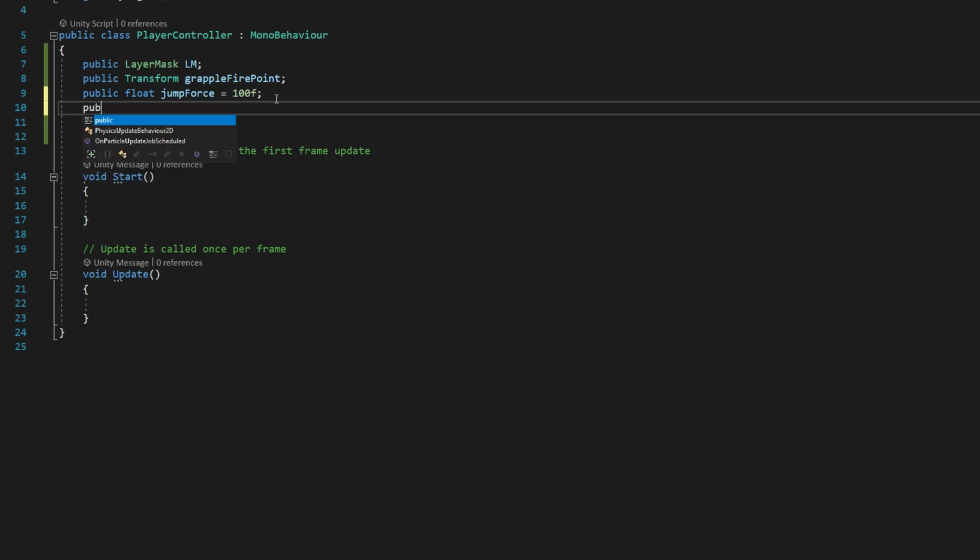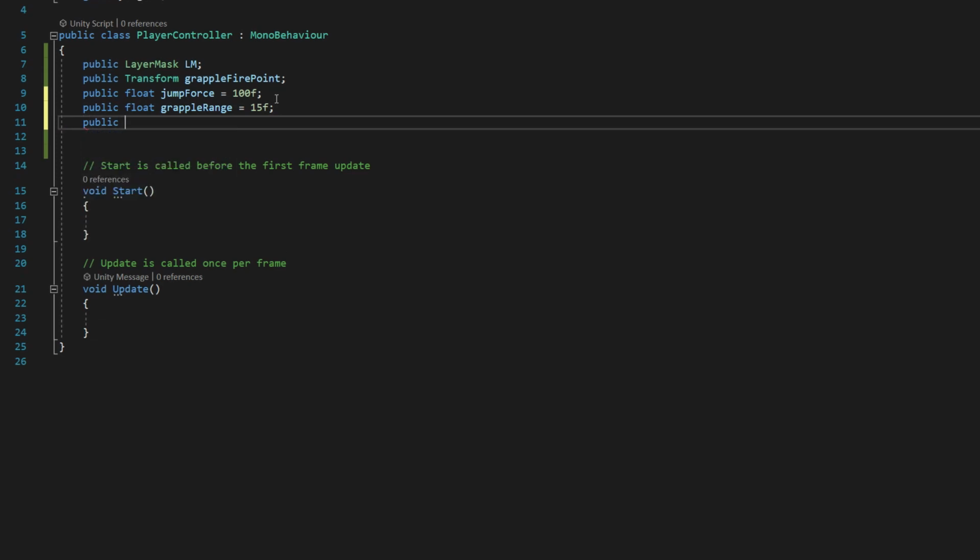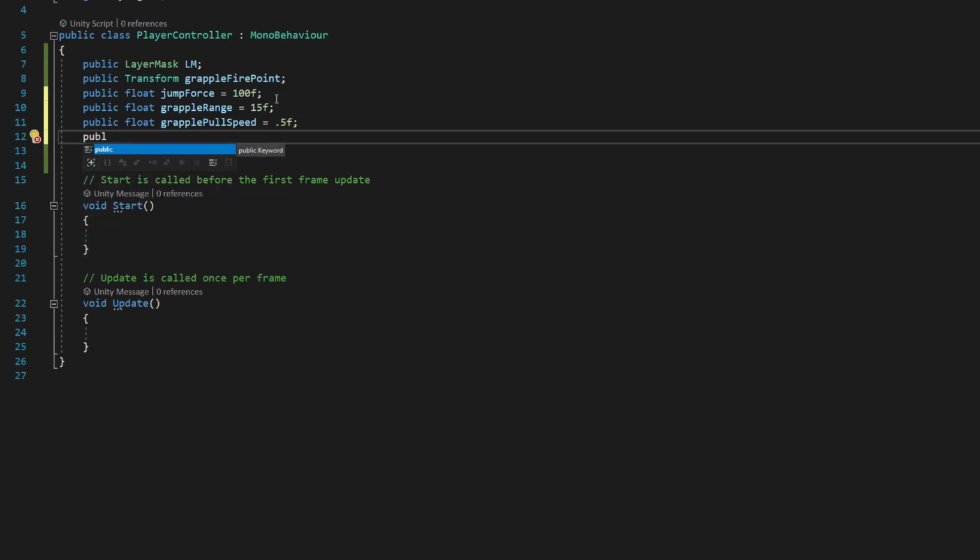We're going to add a few more floats here. Public float grappleRange. We're going to set that to 15F. Public float grapplePullSpeed. Oops, there's a float missing there. Float grapplePullSpeed, and set that equal to 0.5F. And public float grappleMinDist. Oops, dist, there we go. 0.25F. And those are all of our public variables, and what that means is that these are going to be